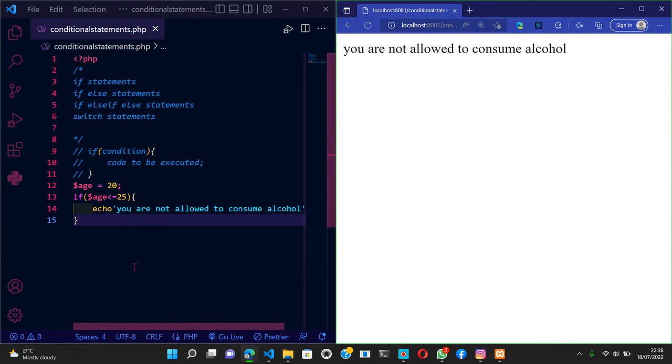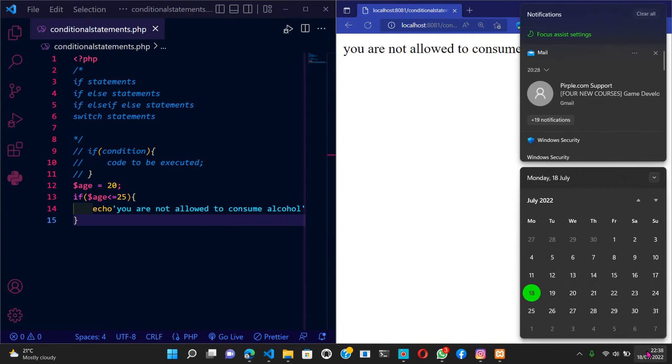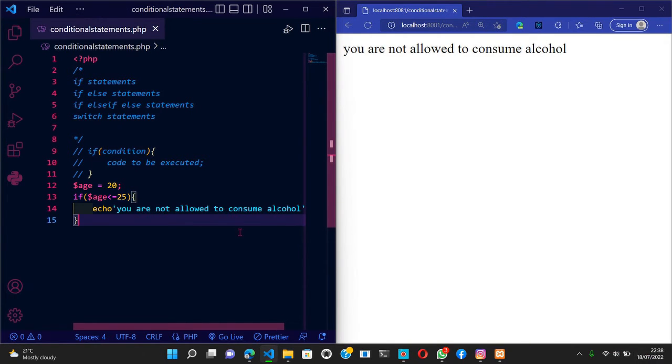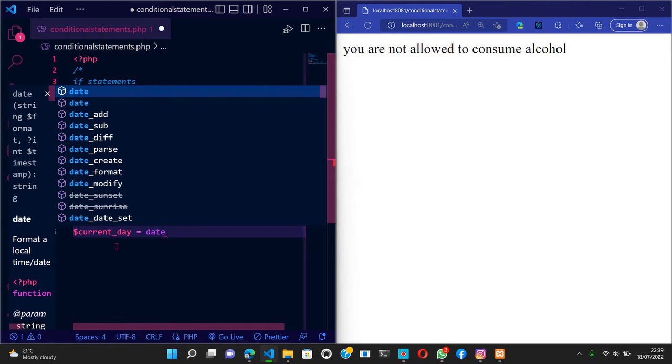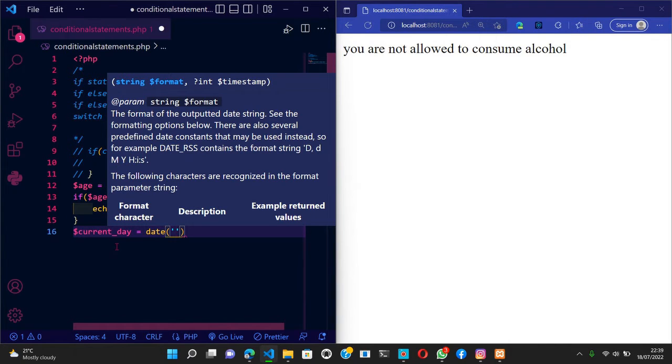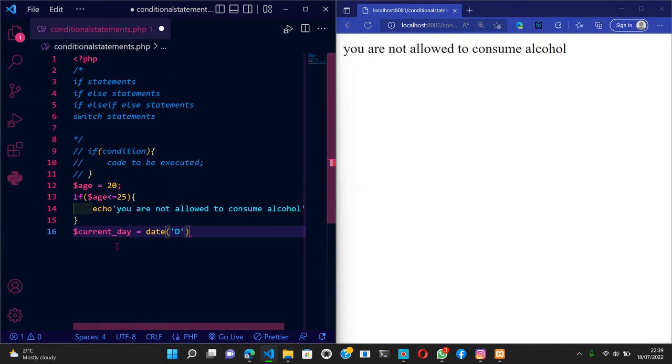So we're going to look at another example right here, but in this example we're going to get the current day, because right now if I check the calendar it's Monday. We'll get the current day using the date function and then store it in a variable called current day. So I'm going to create the variable, call it current_day, like this, equal to the date function. Then inside the date function I'm going to pass the letter D in it. Okay,